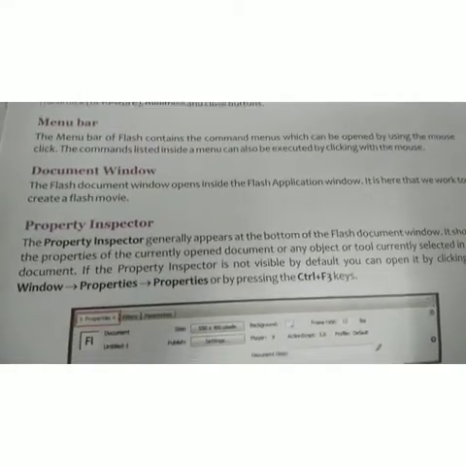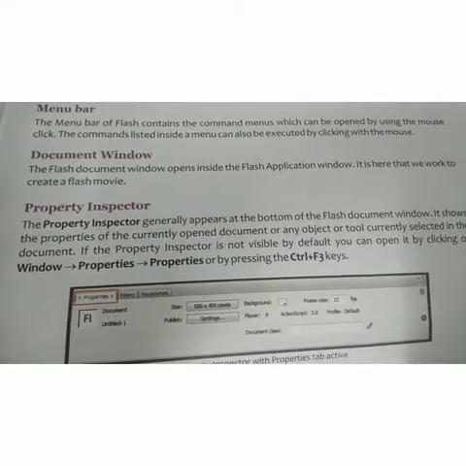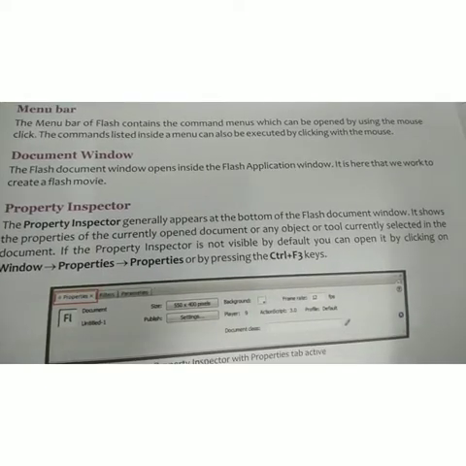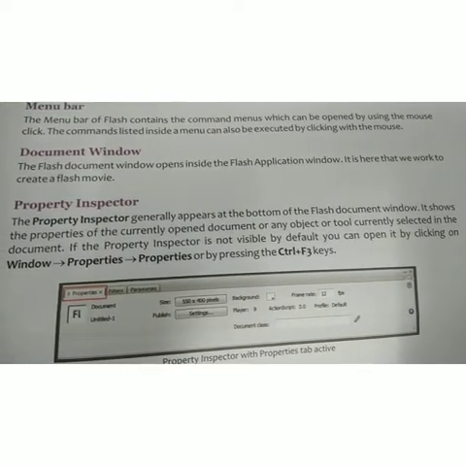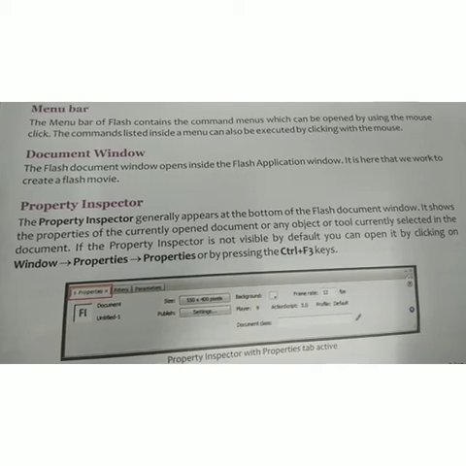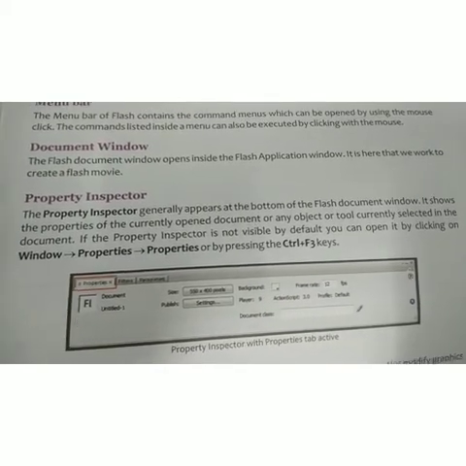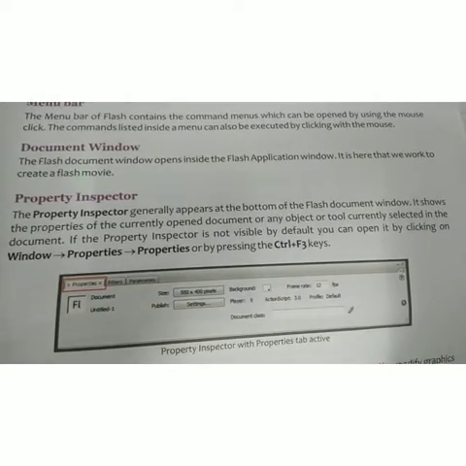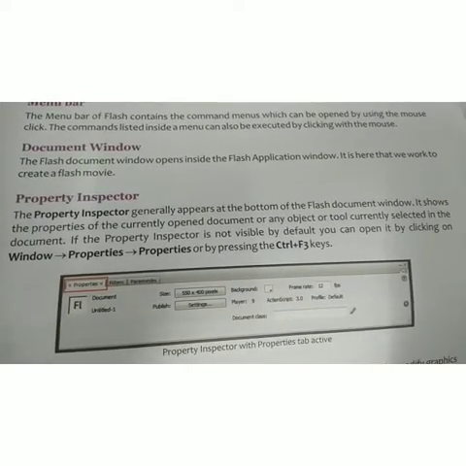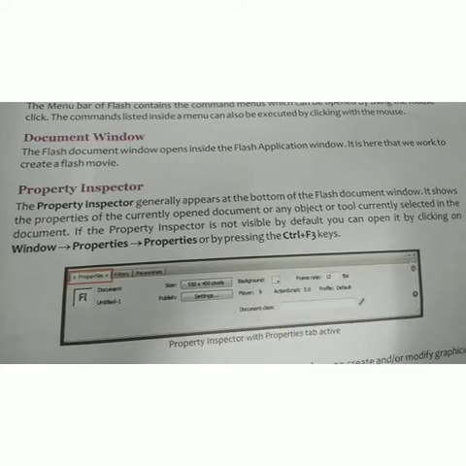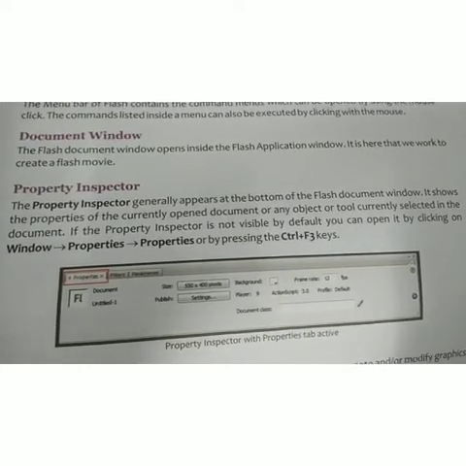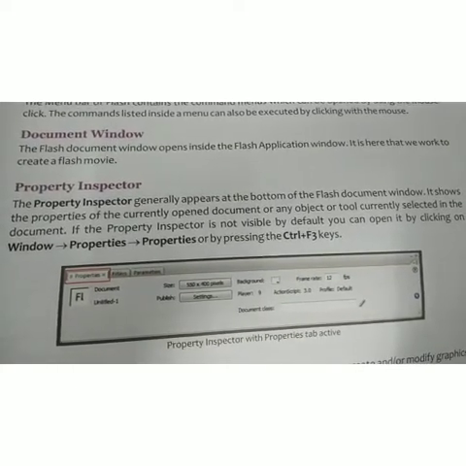Then property inspector. The property inspector generally appears at the bottom of the Flash document window. It shows the properties of the currently opened document or any object or tool currently selected in the document. If the property inspector is not visible, by default you can open it by clicking on Window, Properties, or by pressing the Ctrl plus F3 keys.